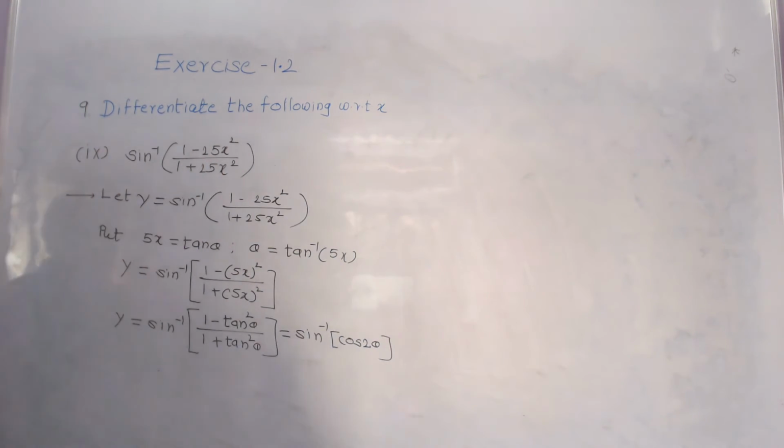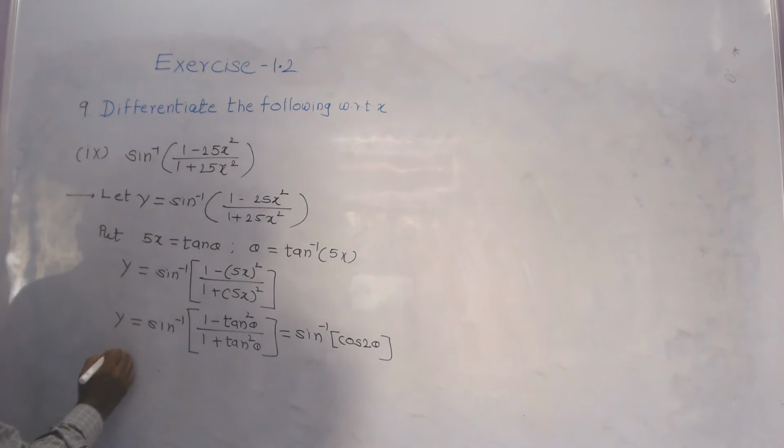Now sine inverse of cos of 2 times theta,